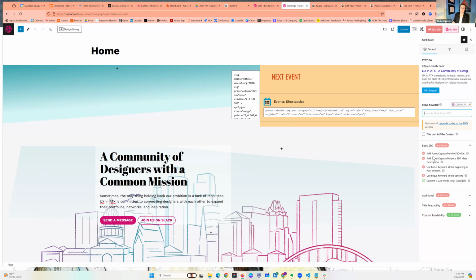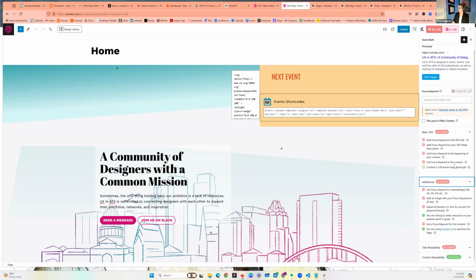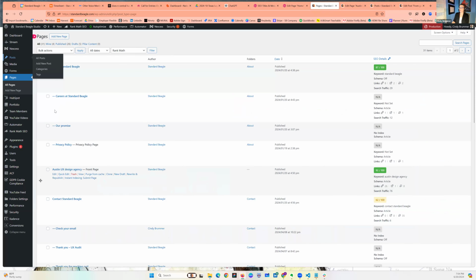So are you using that focus keyword in titles, in the search engine, like the title that would appear in the search engine results page, in your meta description? It has other ones here, like how much are you using it in the content? Are you using it in subheadings? Do you have an image with your focus keyword? So it will go through and do very, very similar things to Yoast. I was going to show you what it looks like on a page that I actually have optimized. So this is